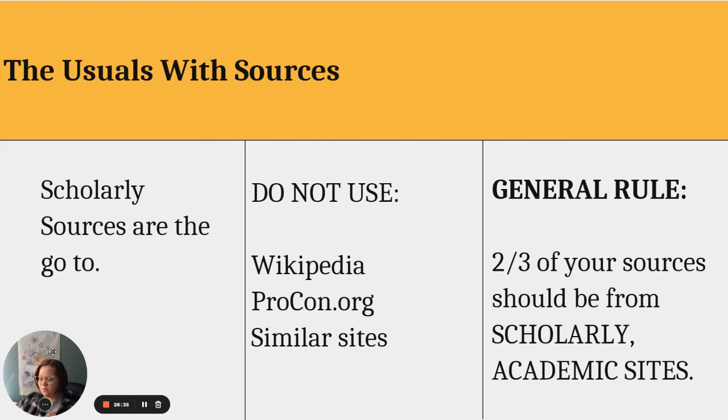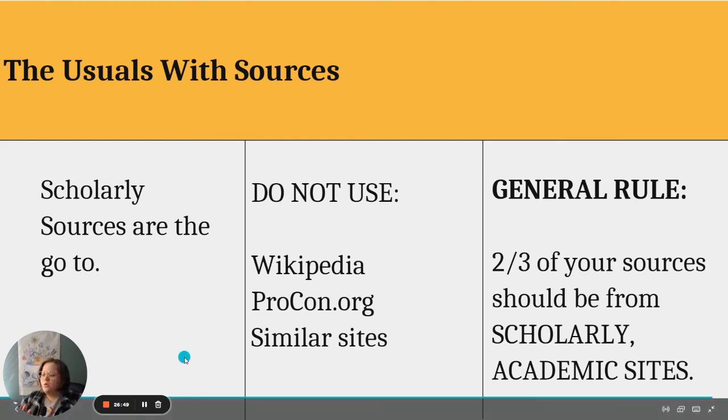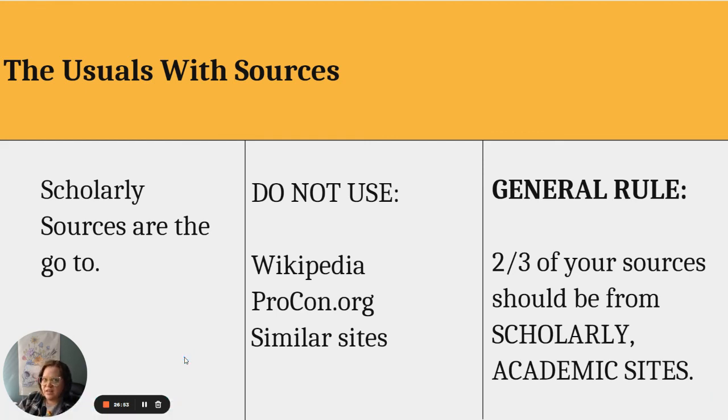Use those. 1, they already have an instant citation for you. Whoop, whoop. 2, you can trust them. They're peer-reviewed, they're journals. It's a great aggregate information area. Use that. What I do not want you to use are sites like Wikipedia, procon.org, LitCharts, SparkNotes. Those are not reliable sources. You can use Wikipedia as a jumping off point of finding sources, but it's not a source to use in your argument.